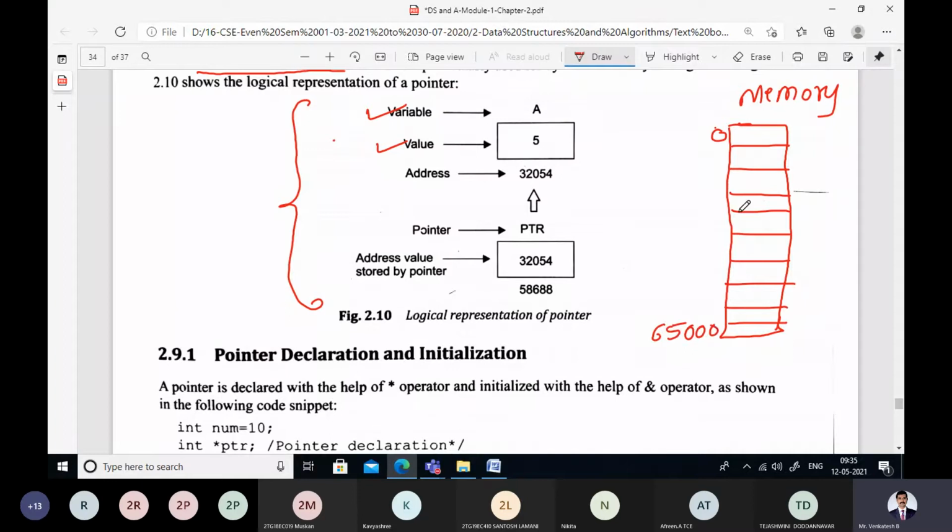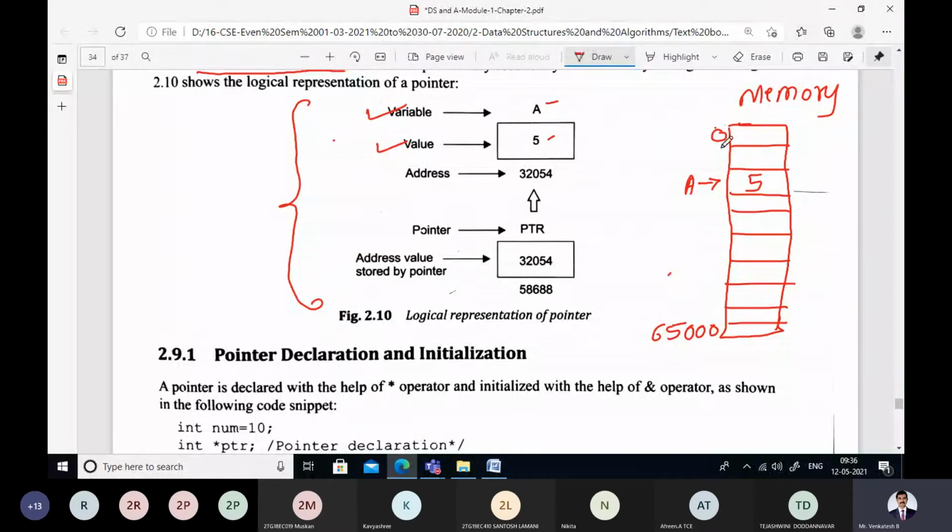These are the different memory locations, from 0 to 65,000 bytes. Now whenever you declare a variable, say I am going to declare variable a, which uses some memory location here. The value we are copying in variable a is 5.